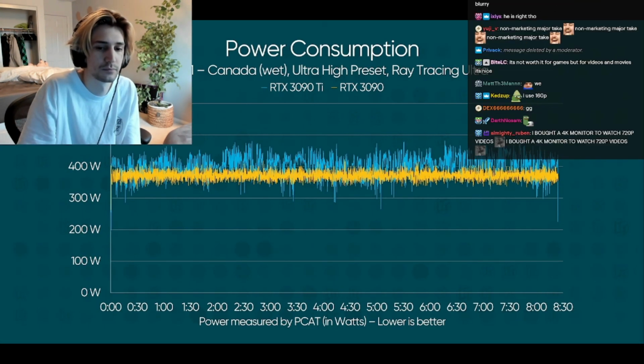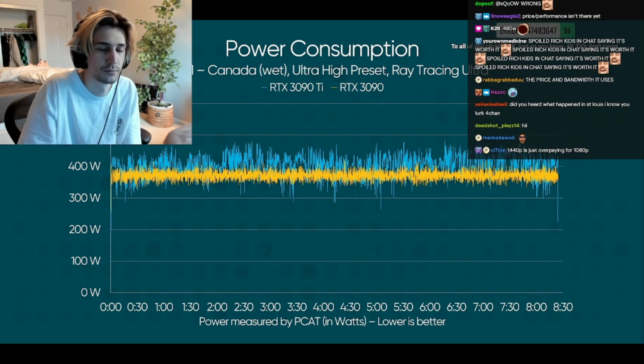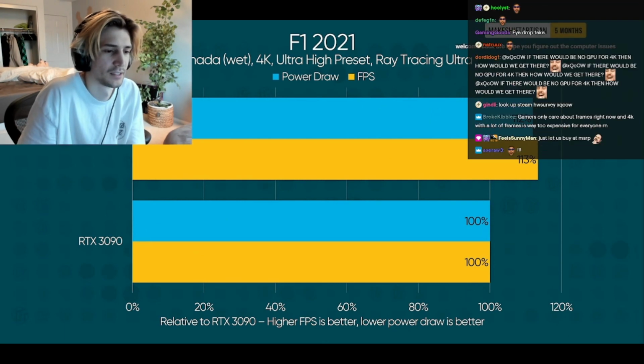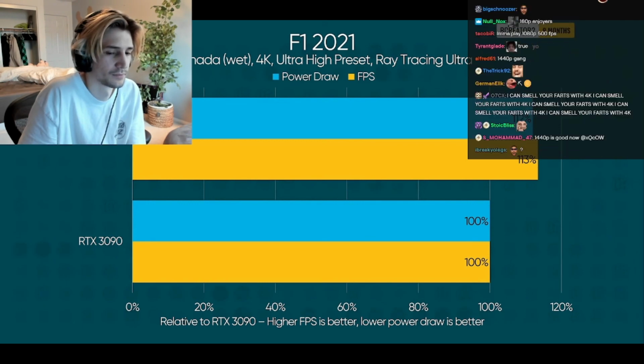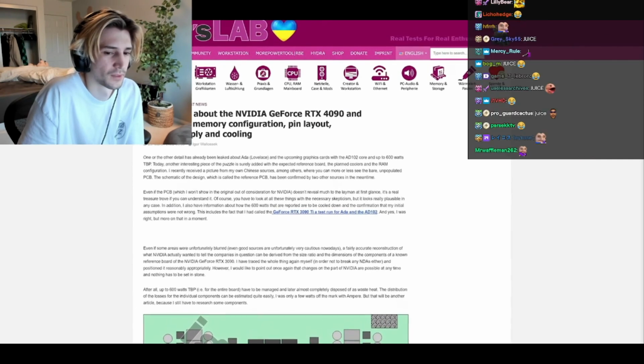Holy, and the average was over 400, not much lower than the peak wattage the RTX 3090 drew in the same test. Just to be fair to Nvidia, while that's an absurd amount of power, more than an entire PC with a low-end GPU might draw, it's roughly in line with the performance improvement we saw in that game, so you're getting frames proportionally in exchange for the extra juice. If the rumors are to be believed, we'll see even more power draw in search of